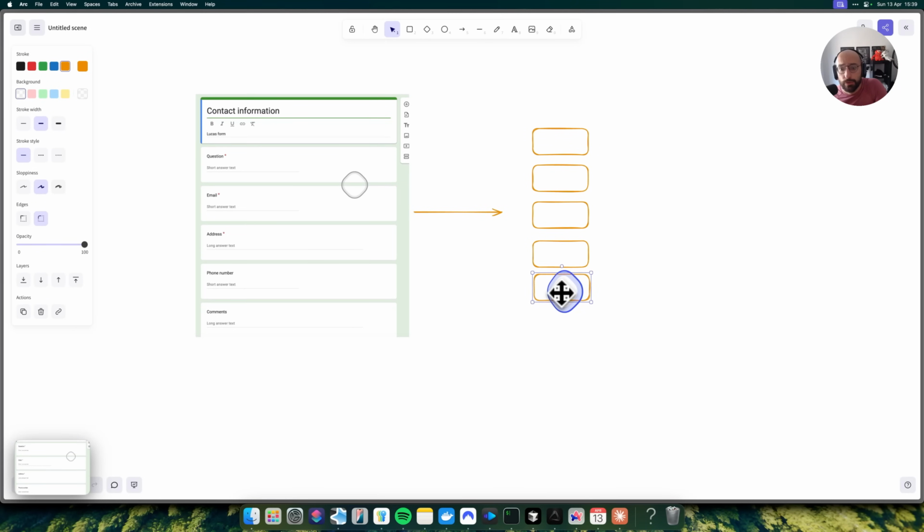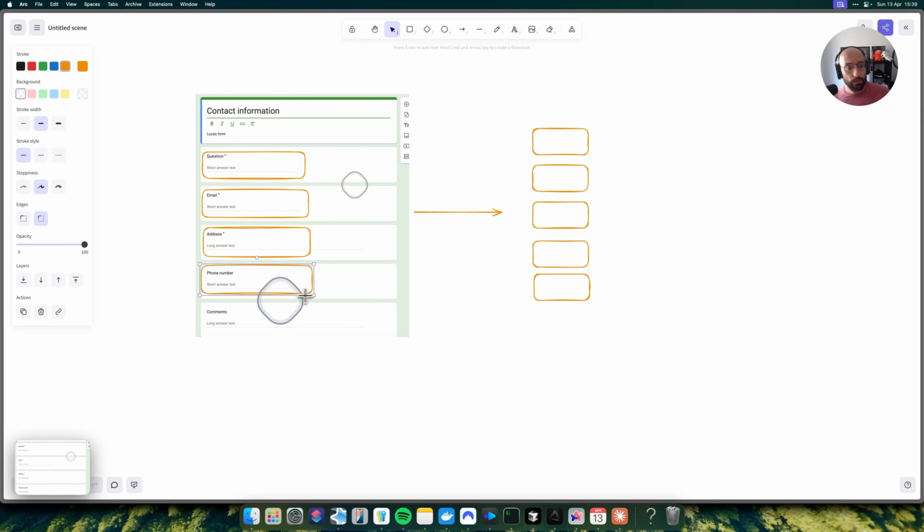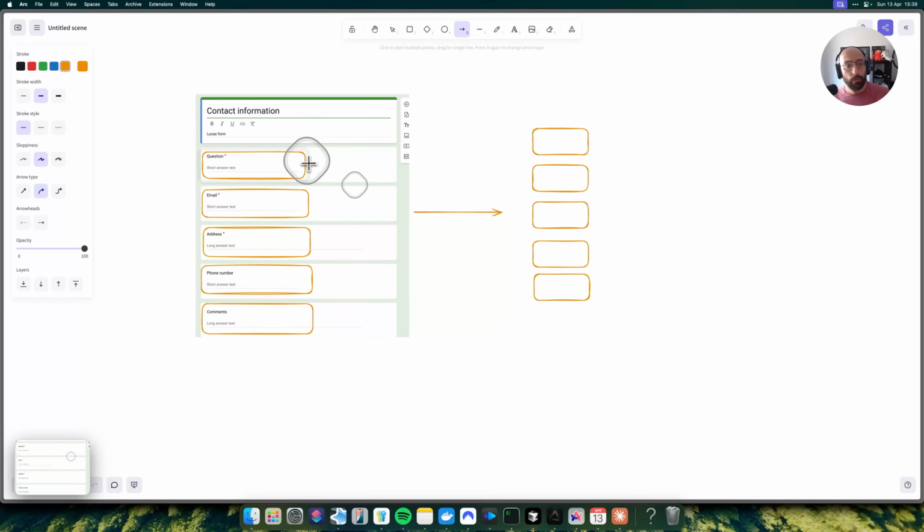So I would like a model, and I'm using Claude for this, to be able to say: okay, I see question, I see email, I see address, I see phone number, and I see comments. I already have one that can locate those things. Now what I wanted to do was have one map each of these input forms to an individual attribute